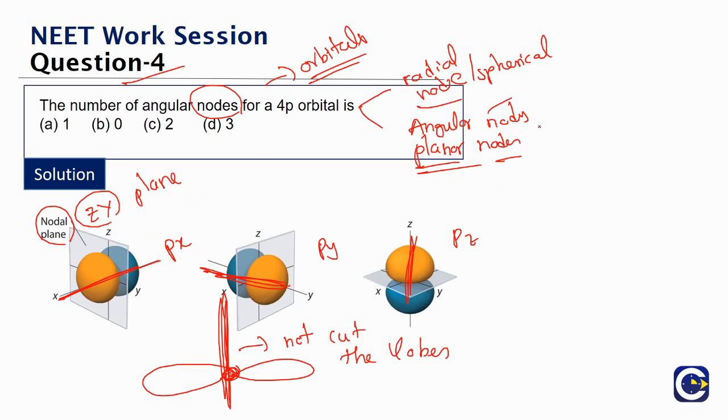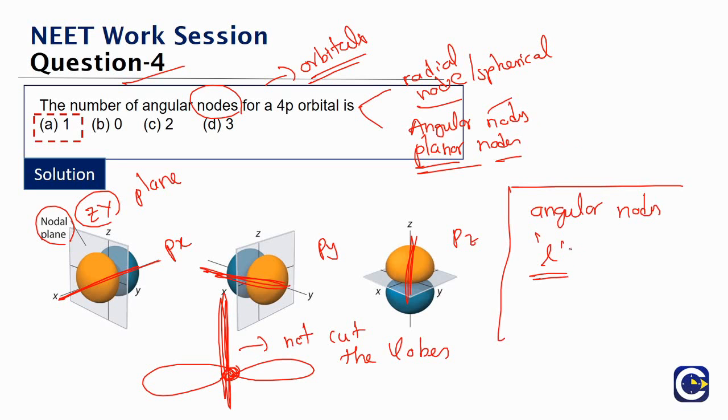For any p orbital, whether we are talking about a 2p, 3p or 4p orbital, the number of planar nodes will be equal to 1. As for the empirical formula, the angular nodes or planar nodes of an orbital are given by the azimuthal quantum number L. S orbitals have a spherical, symmetric distribution, so they will not have any angular nodes. For them the azimuthal quantum number is 0, so they have 0 angular nodes.